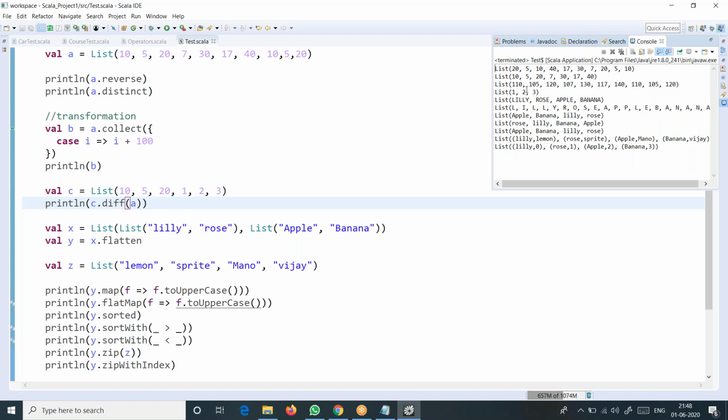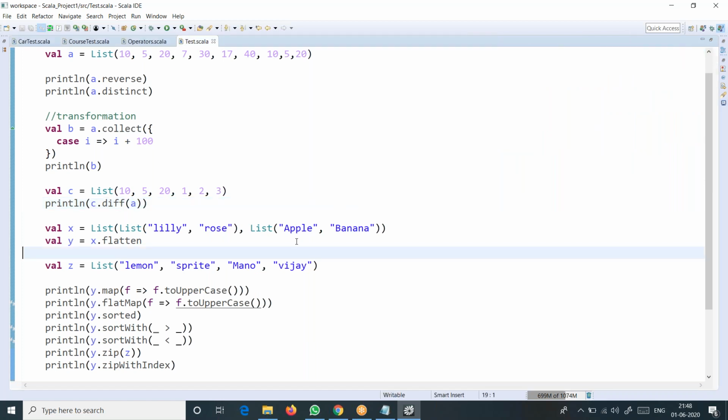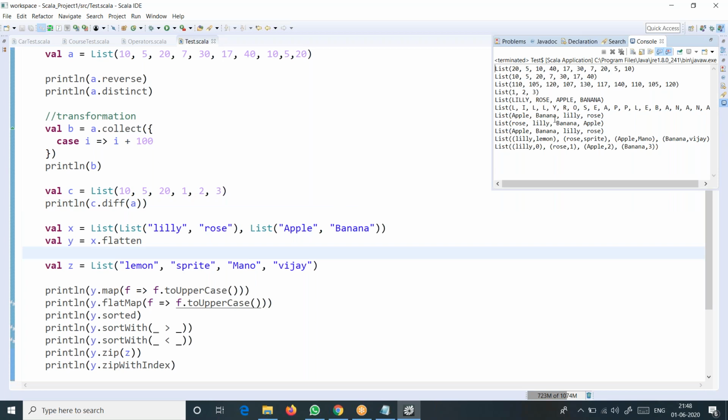So that should be clear for everyone. And then flatten, I don't need to explain. We had a discussion. What it does, it will combine these two lists into a single list. That's what happens here. It will combine lists of lists into a single list. That's what flatten did here. Nothing more than that.